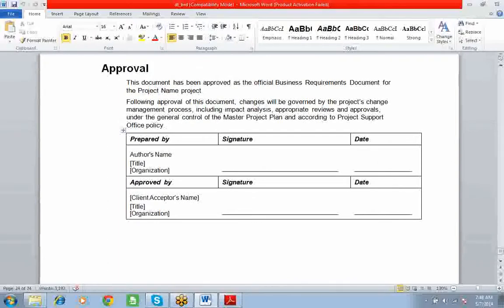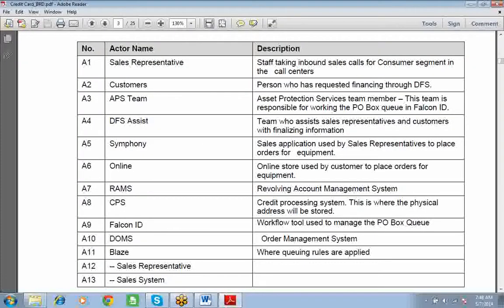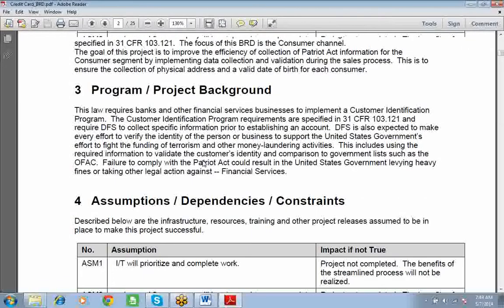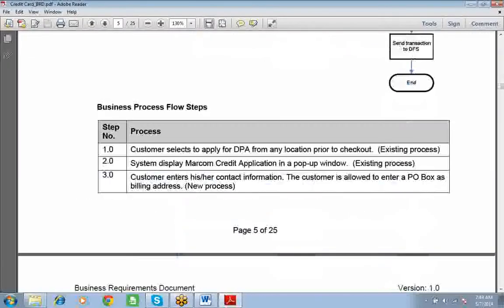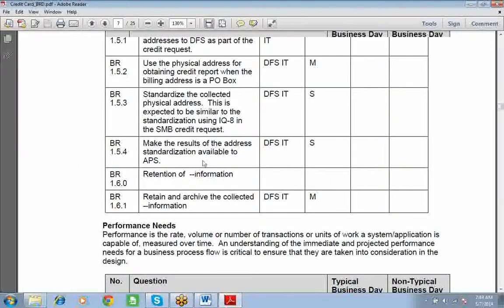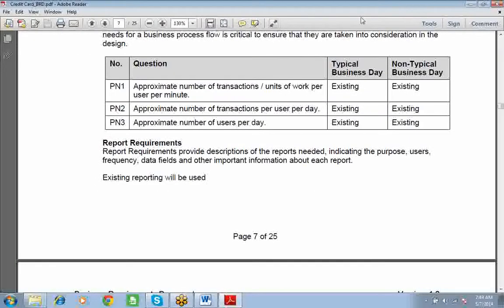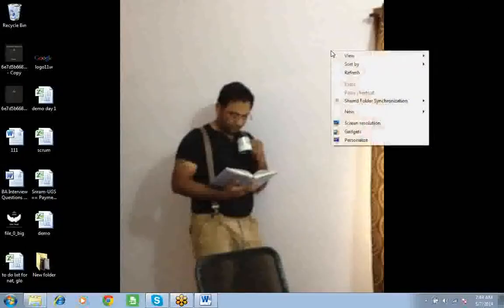Take any document, you find all the same, but the templates are different. Sometimes you find different templates, different structures, like I have shown you here, right? This is one more type of BRD only, but it has very good templates, flow diagrams, and all these things I mentioned here. I will tell you about it tomorrow. Okay. I'll send you these two documents now, both the documents. You look into them. If you have any doubts, you can ask me tomorrow.